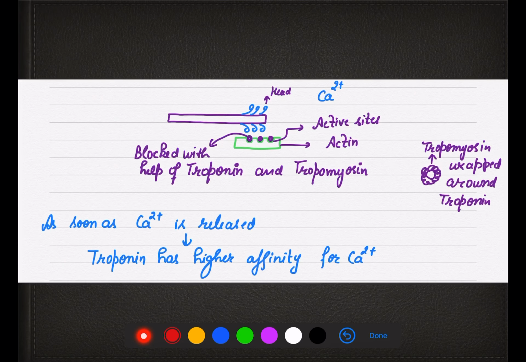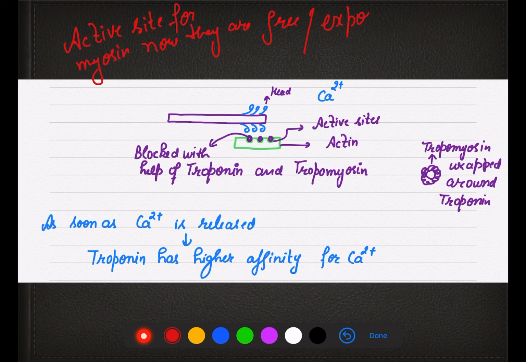Now pockets being empty means a cross bridge is formed between actin and myosin, because the active sites for myosin are now free, right? They are free or exposed. So now the globular head will bind with your actin on the site. As you can see, this is our myosin and its head is exposed, but actin is present here and it cannot bind with this actin because troponin and tropomyosin have blocked it,